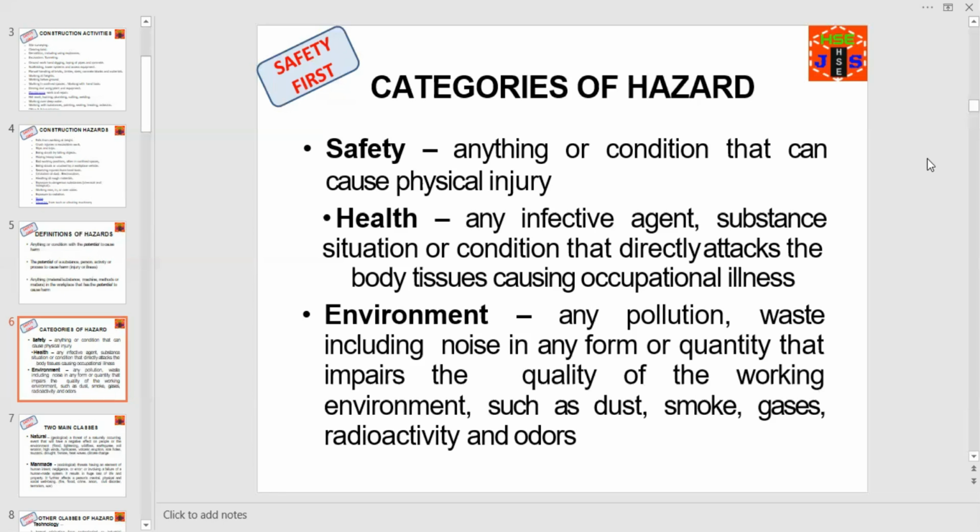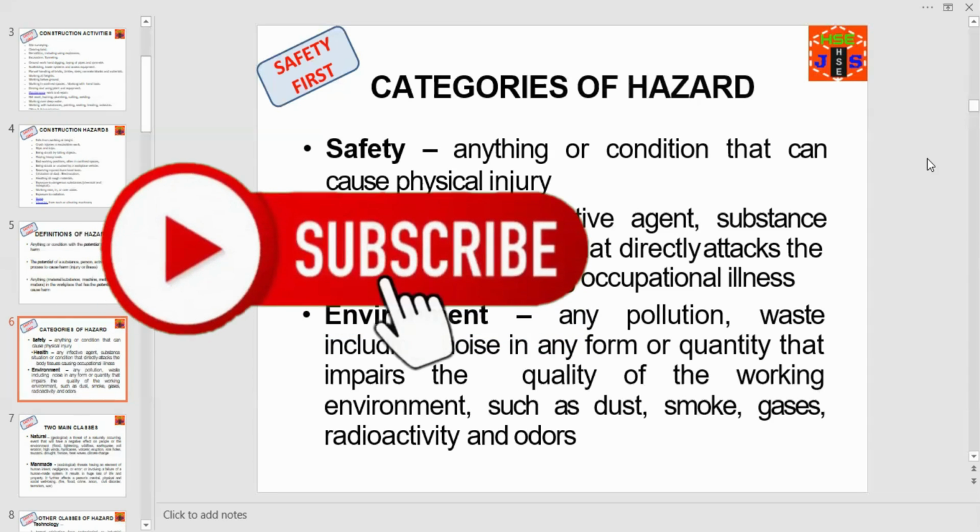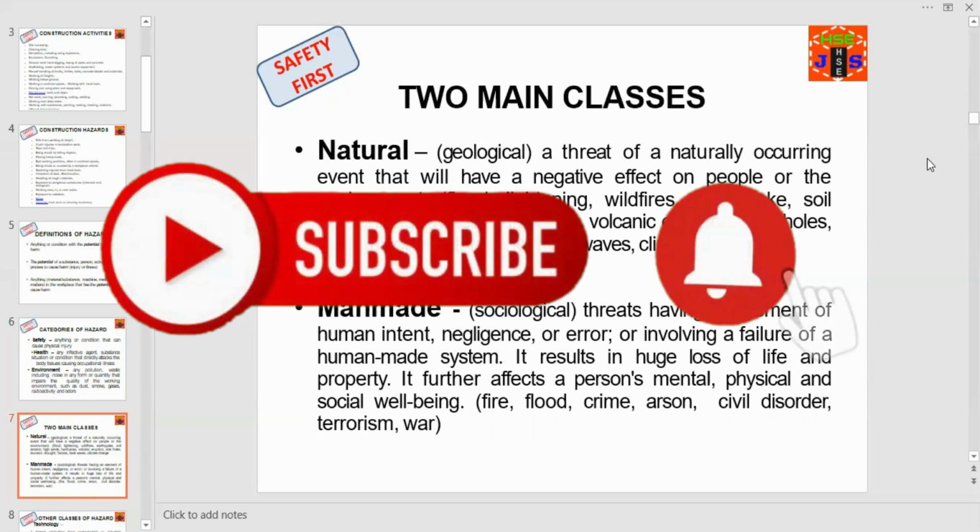So, in safety, hazard means physical injury. In health, hazard means infective agent, and in environment, hazard means any type of pollution or waste. So these are the categories of hazards with respect to health, safety, and environment. Dear friends and fellows,